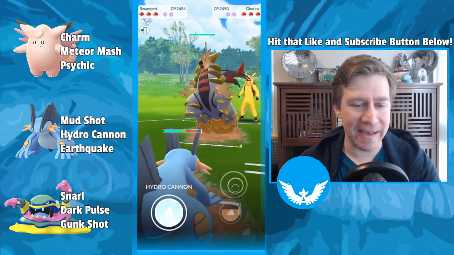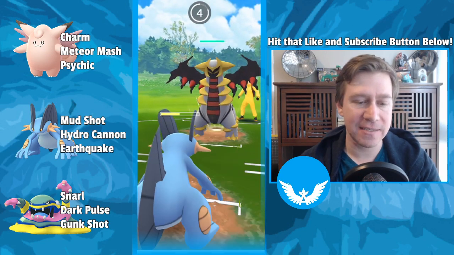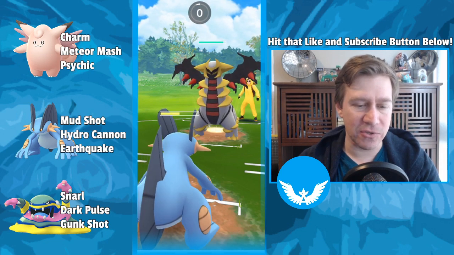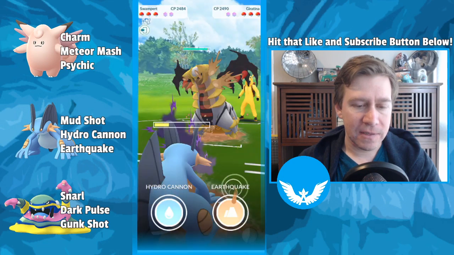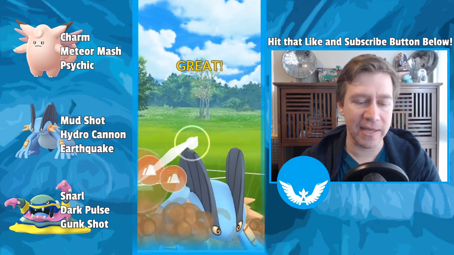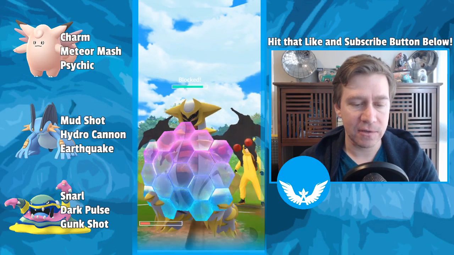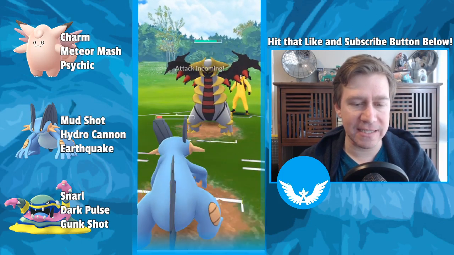All right. And now we have this to deal with. So this is obviously a pretty decent counter to us. It doesn't resist Earthquake though. So we are going to just throw those Earthquakes to start. The only thing that's kind of annoying here is that they're not going to shield primarily because I think their plan is to keep things... oh, they did shield. Okay, that's great. Shielding is awesome for us because what it lets us do,